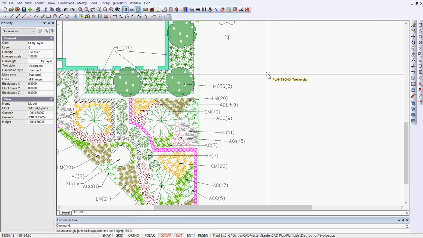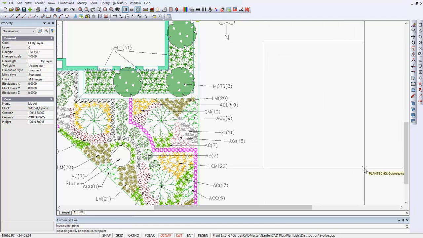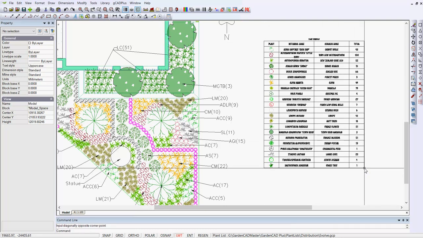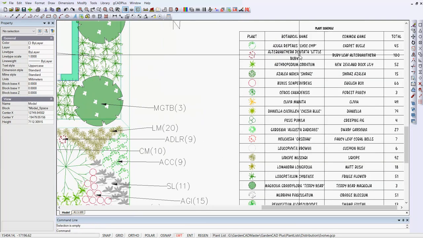We first asked for the height of text that we want to use, and I'll leave it at 150, and I'll input the corner point. We'll go down to the other end of the table and click. gCADPlus draws the schedule for us. It's a block. We could get in there and edit the block if we need to, but as I look